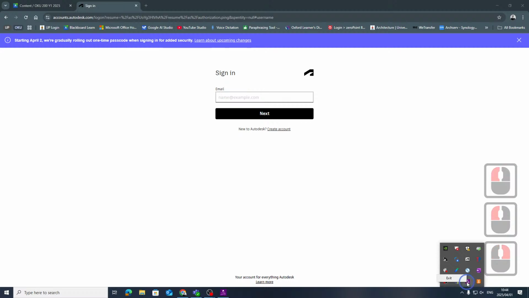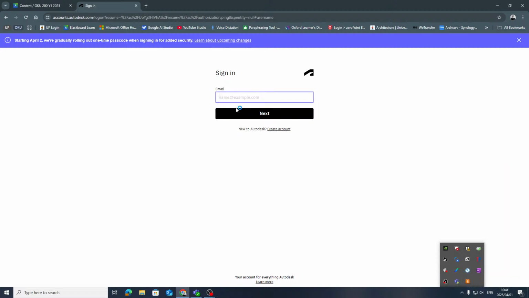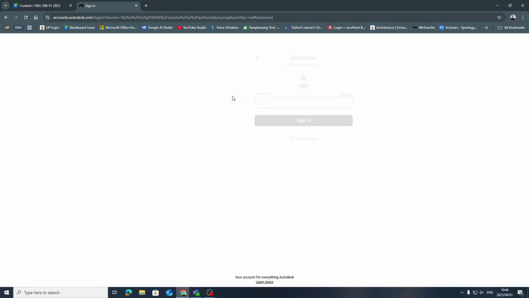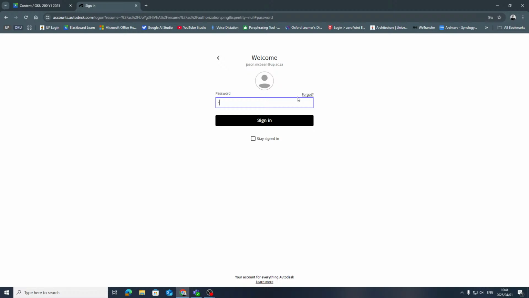Let's exit that for now. Cool. So what's happened instead? All of these tools have been transformed or transferred into Forma.